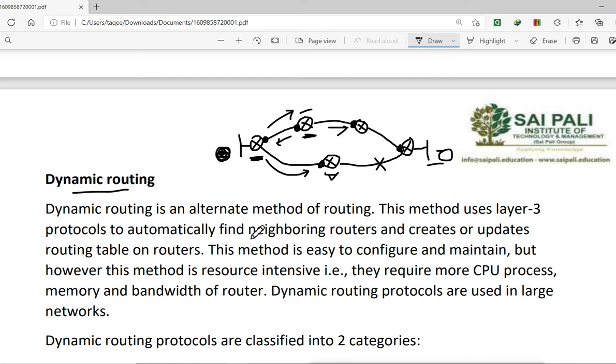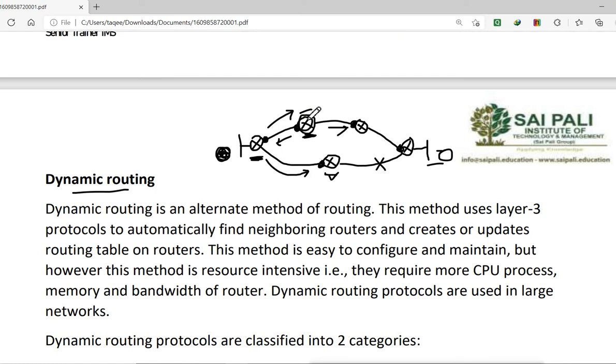Now this is one of the drawbacks, and that is why static routing is very fast. Because in static routing, routers don't have to decide anything. They don't have to use their processing power. They just do the forwarding, because we have created the routing table manually. But with dynamic routing, they have to create the routing table and decide the path automatically, by themselves.